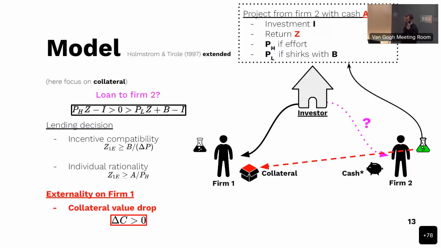Here I'll just focus the story on the collateral shock, but in the paper we show that you can run the same logic through if you want to focus on probabilities of default. And then in the empirical section, we use both channels. All right, we can move on to the next slide.